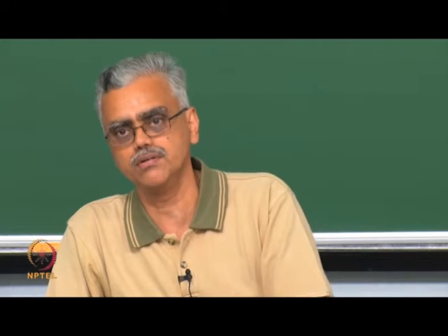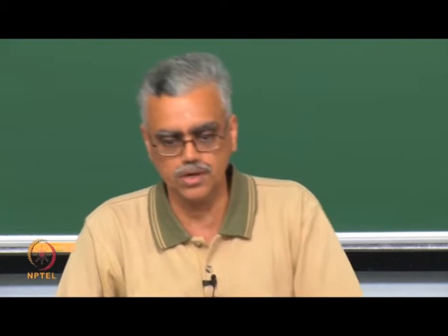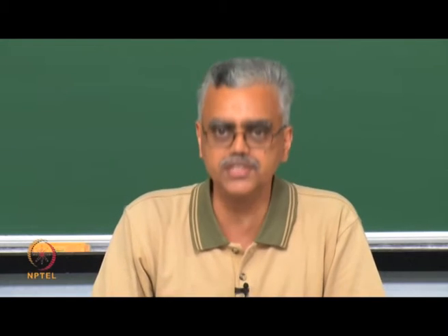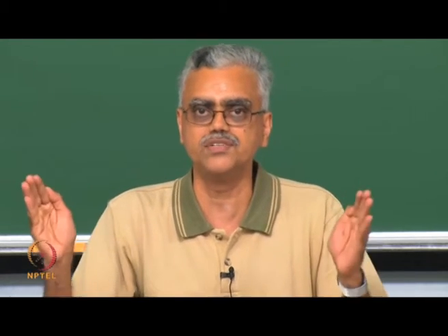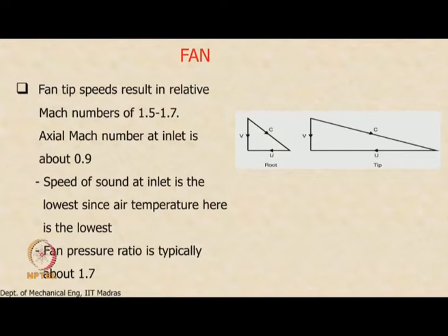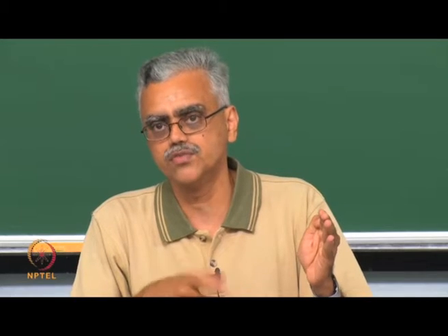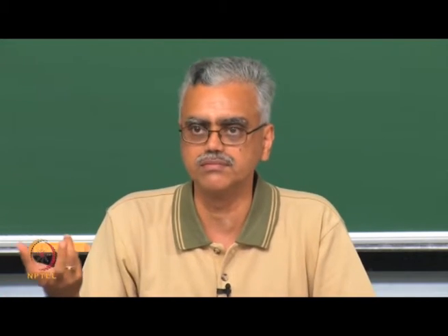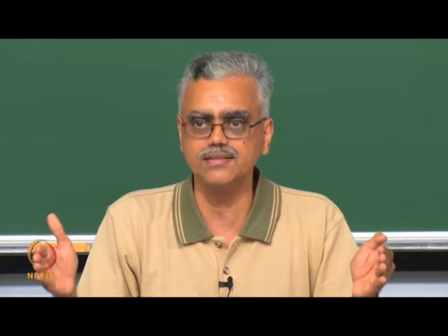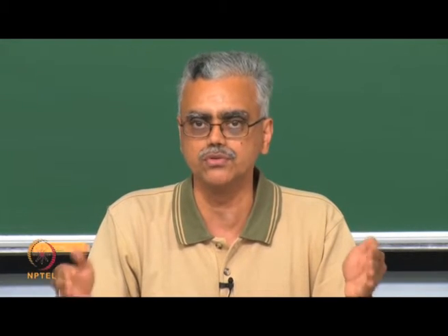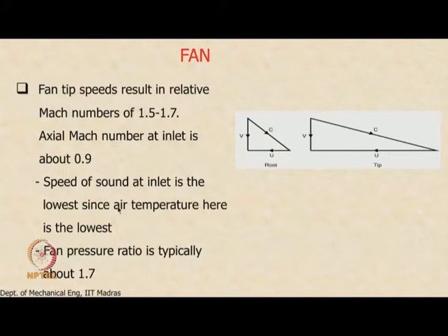Let us say that the fan spins at 3000 RPM. Now unfortunately, because of the bypass ratios that are required, remember the diameter is determined by the bypass ratio. Now we know the speed, which means I can determine the tip speed. As you know, the fan tip diameter is about 2 meters or so. Knowing the RPM, I can determine the tip speed, and two things actually make this very difficult.